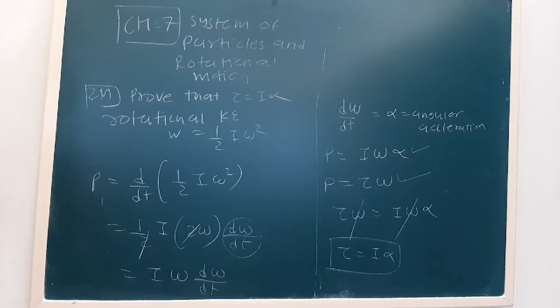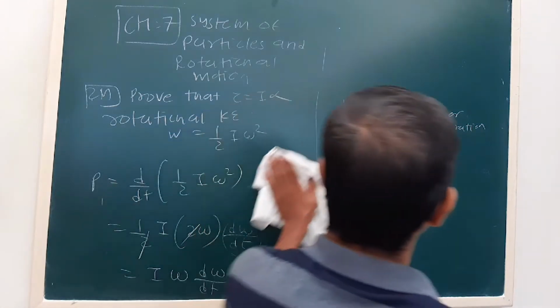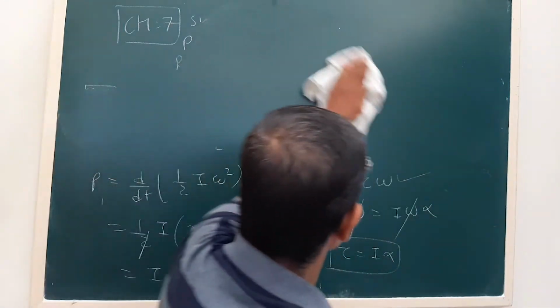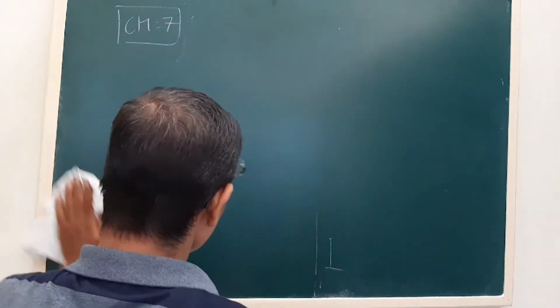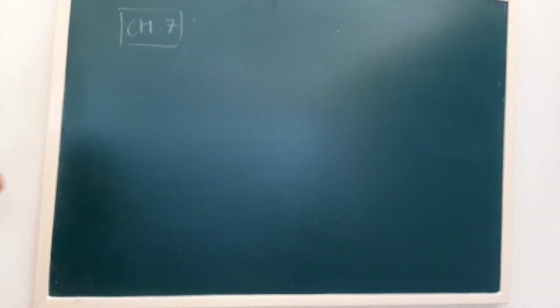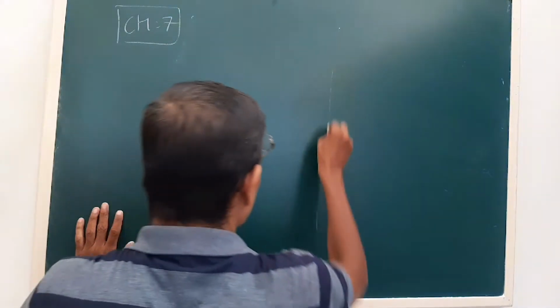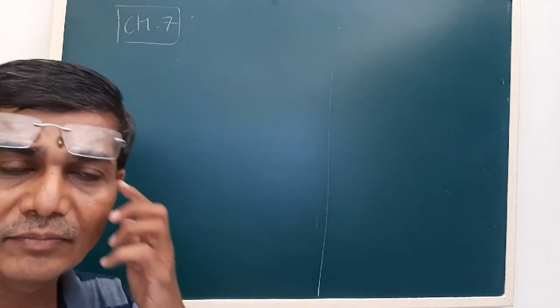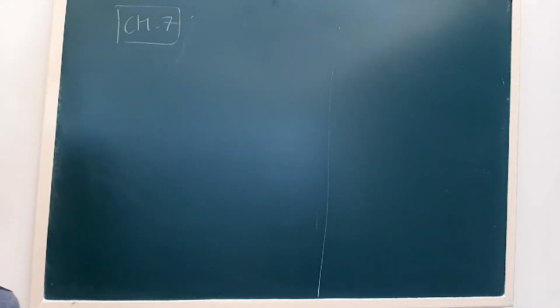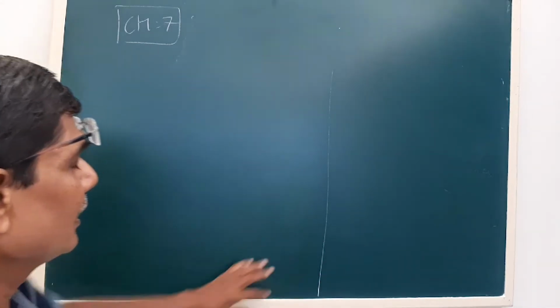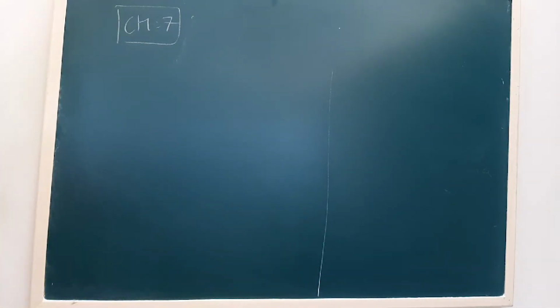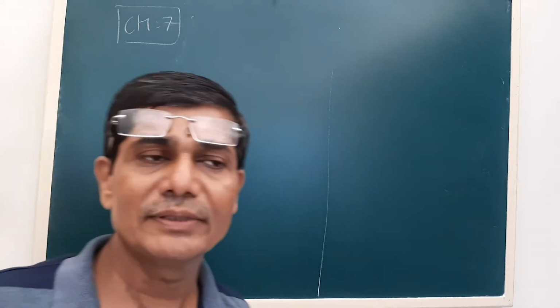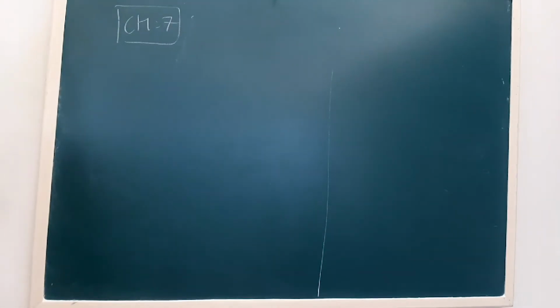Now next we have to study about the rolling motion, or a rigid body rolling without sliding. Now this is an important question. See, the question can be asked in terms of theory, and from that we derive a number of equations that will help you to solve MCQs. Now here when we talk of the motion of a rigid body, we consider the motion of the center of mass of the rigid body.